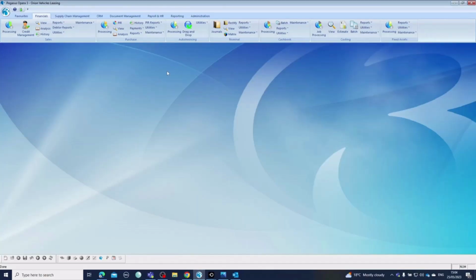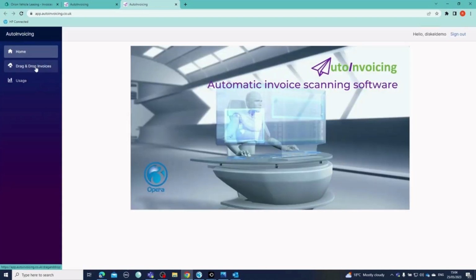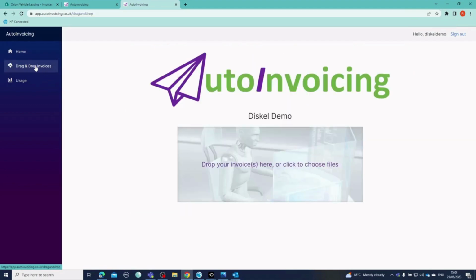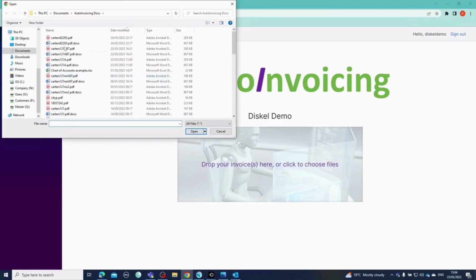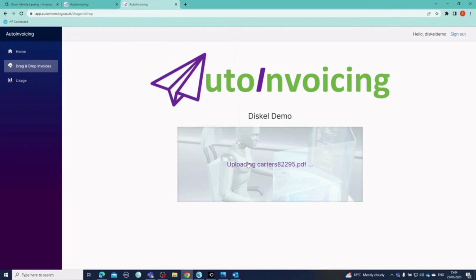So by calling up Opera, I'm going to click within AutoInvoicing on drag and drop. This will launch the AutoInvoicing app. And I'll click on drag and drop and point and click to the invoice I want to process. Now that it's uploading,